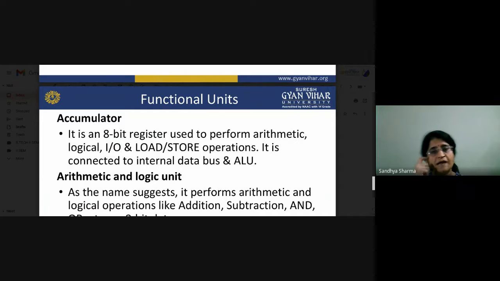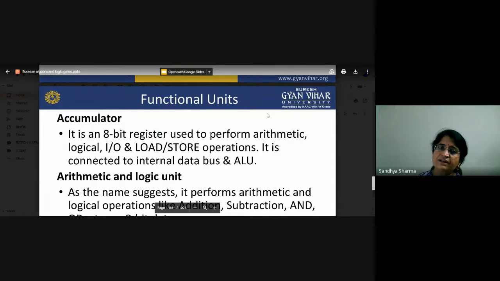So what about the accumulator? It is an intermediate between the different operations which are performed, and it is interconnected to the ALU, the arithmetic logic unit.